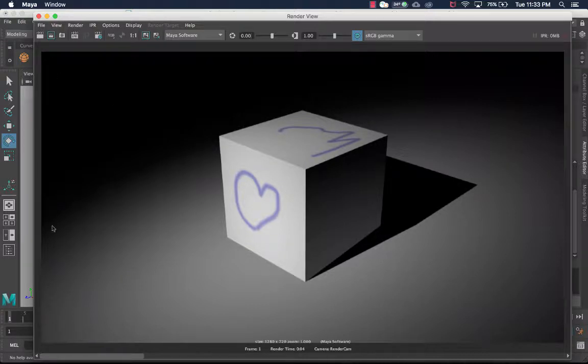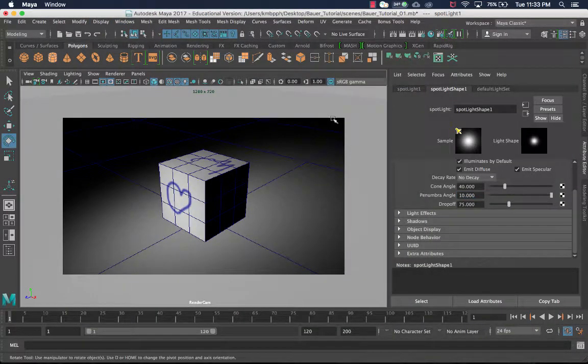So let's say I generally liked how this background was working. I like that I've got this gradient. The light source is in the front and it's fading out pretty quickly. But I didn't love how hard this shadow was on my cube. And I want to make some changes to that. So I'm going to close this out. I'm going to go into my attribute editor for my light, and I'm going to go down to where it says